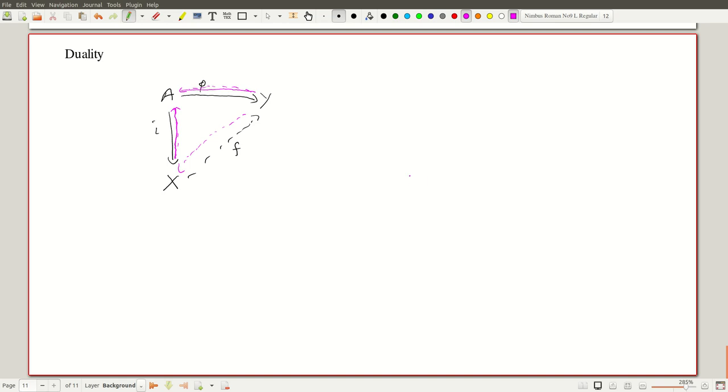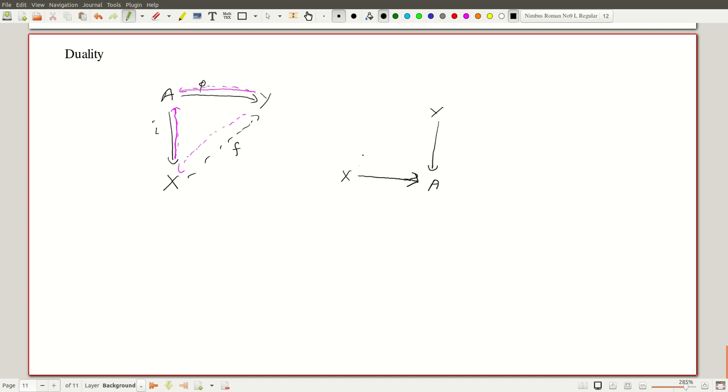Now I can rewrite it by putting here the space A. And the space A now has two arrows coming into it, one of them from Y and one of them from X. These are the purple arrows which are here, and the unknown arrow goes from Y to X.